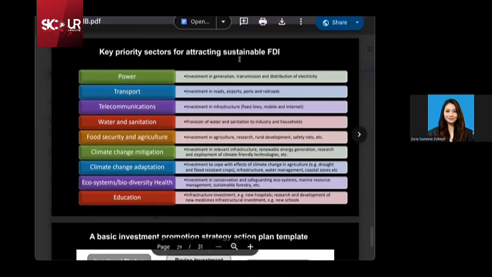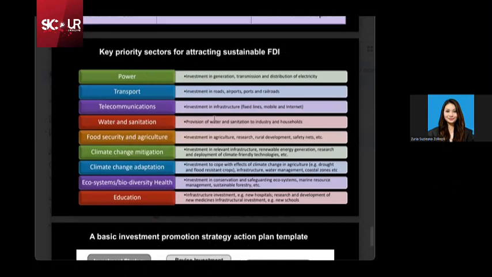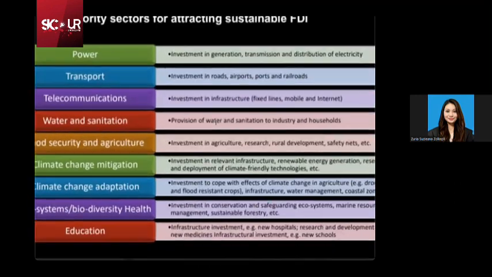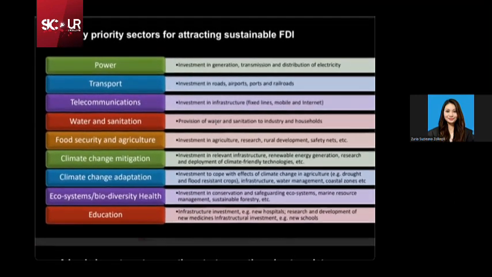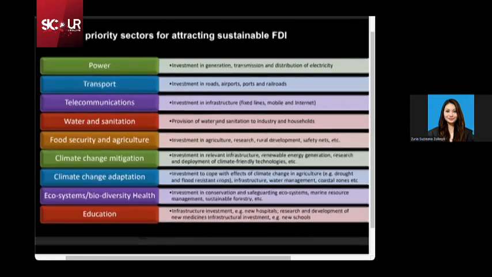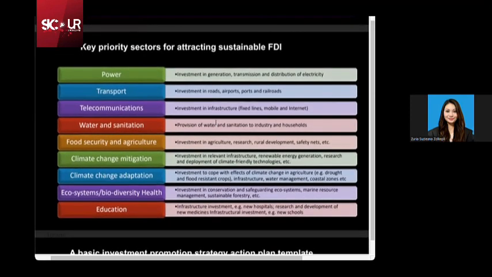These are some of the sectors for attracting sustainable FDI. Power sector. Okay, what you can do is, let me just make it bigger. Some of the ideas, some of the markets that you can take into power. Okay, in terms of the distribution of electricity, transmission, transport, the investment in roads, ports, railroads, telecommunication, fixed line, mobile,